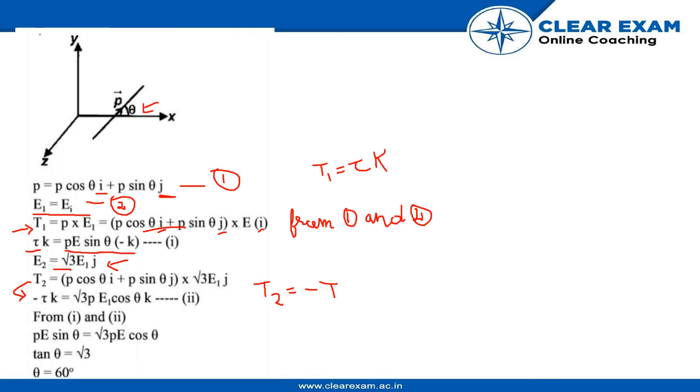So now again T2 is equal to tau k, and now we put the value here. For this particular case, it is given in the question that T2 is equal to minus of T1, which would be equal to minus of tau k. So we put it on the LHS, and multiplying this we get this, and from equation 1